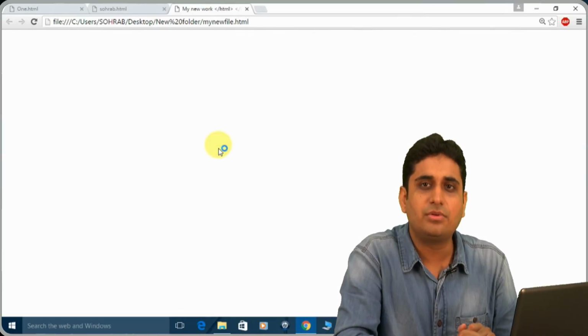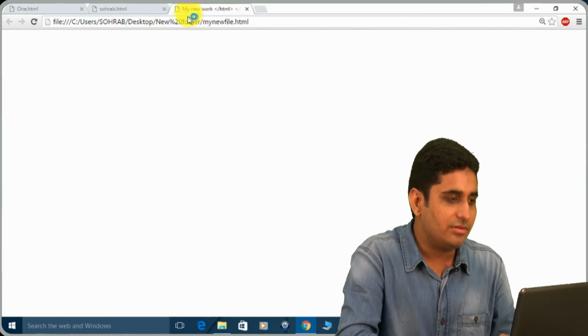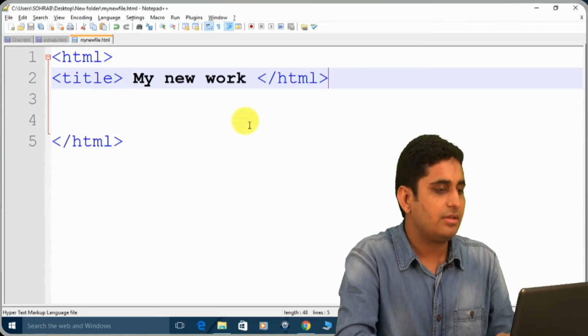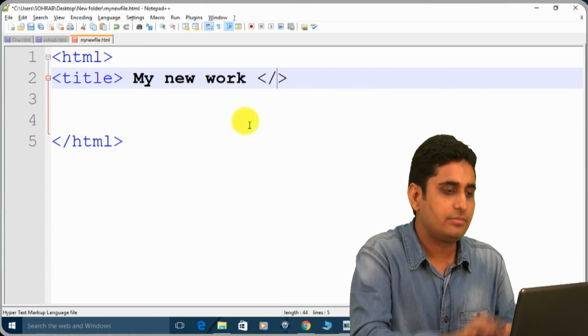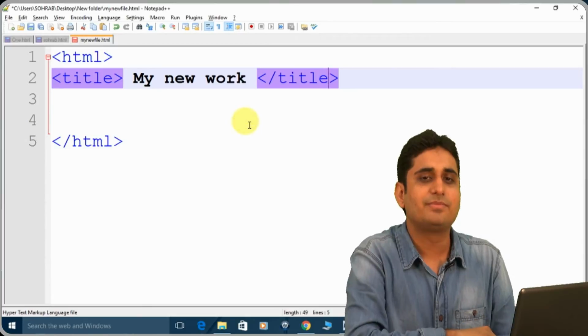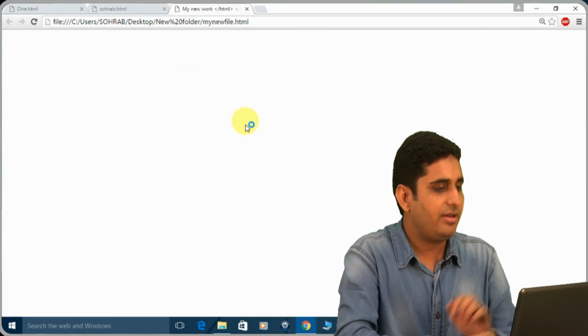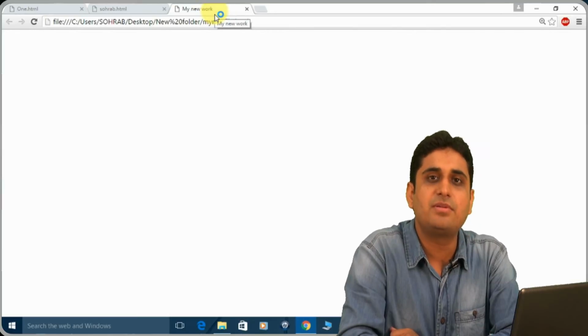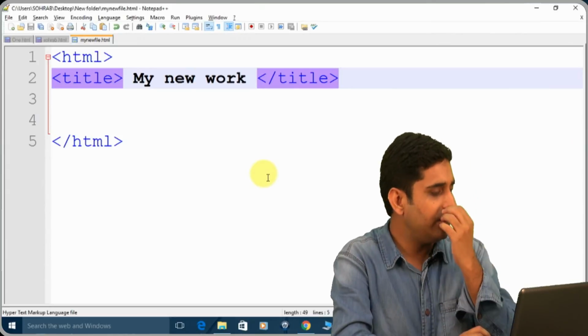We still can't see the output. The output is actually here, my new work. You can see, so this has got saved. I have done a small mistake. I need to close the tag using this. So I'll save it again, and you can see I'll refresh it, and my new work has been saved. The title has been mentioned. Now moving ahead,